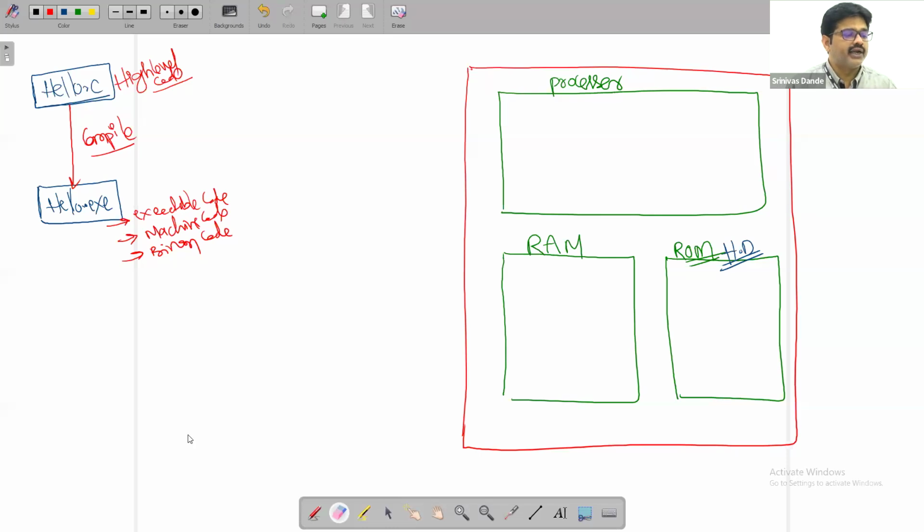Nagaraju is telling errors. Very good. The compiler has two jobs, guys. Number one, check the grammatical errors, the syntax errors, in whatever you write, because you're writing